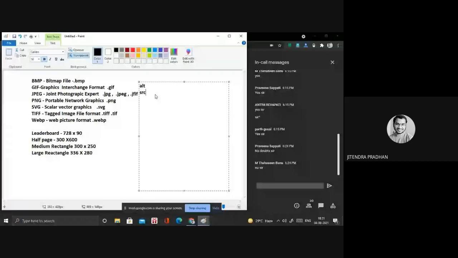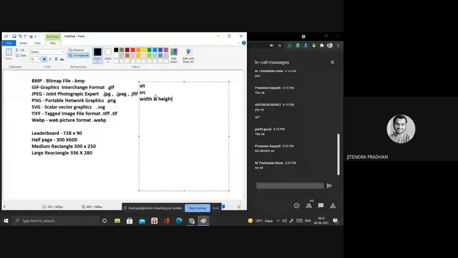Okay, and we have width and height. You know all these things. What is width and what is height? This picture height and width we use for the image file format. Okay, picture width and height. And if you need a border in that image, then you have to give a border. Okay, and we have title, option, alignment, hspace and vspace: horizontal space between the text and image, and vertical space between the text and image. We have many more, but we are not using them that much.